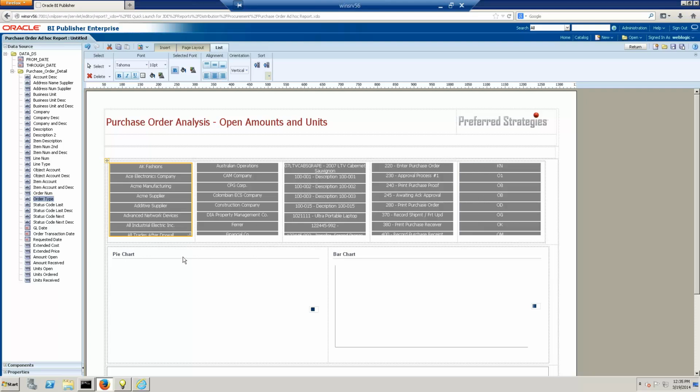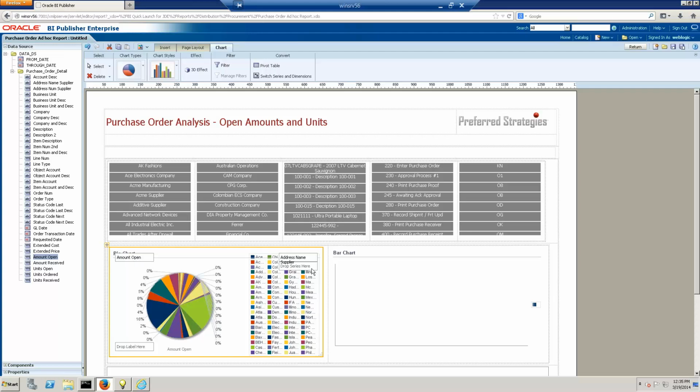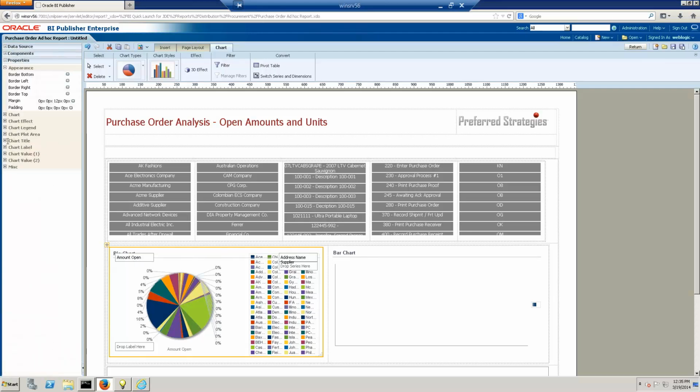So let's say we want to break down and get analysis of our open amounts by supplier. So if I go up here to my supplier name and drop that into my series and go down here to my amount open, and I can drop that into my drop value here. Okay, then like before, we can go in and change our chart title. And this would be, in essence, supplier